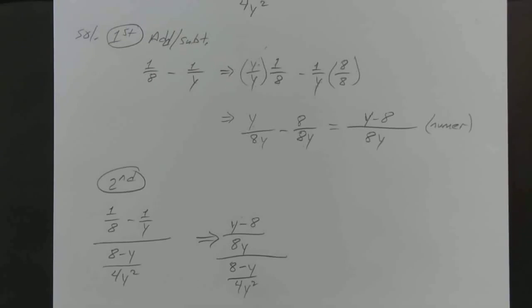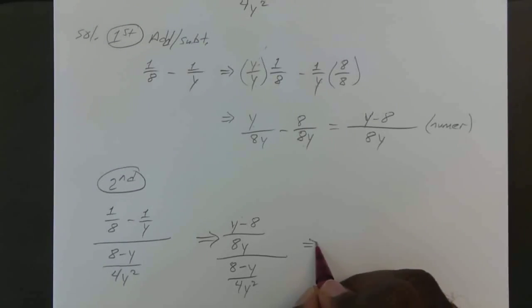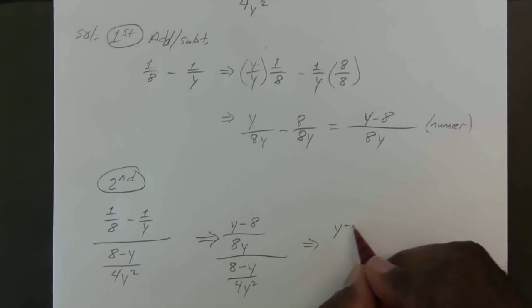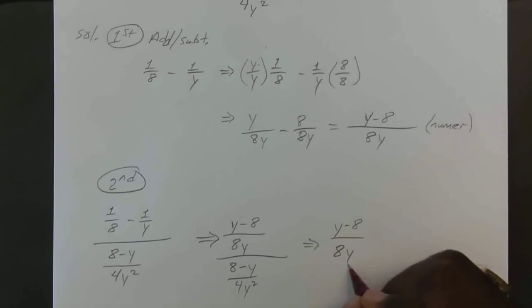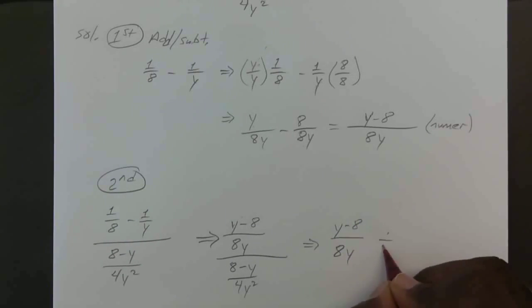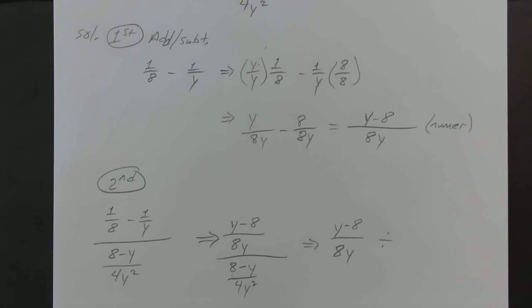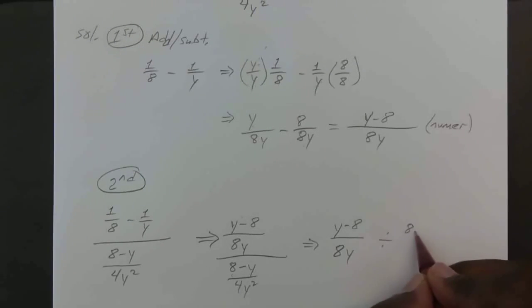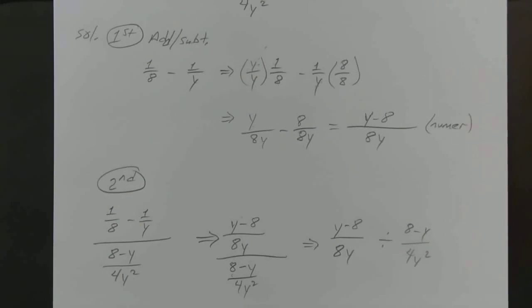And you can just rewrite it from there. So that becomes y minus 8 over 8y divided by 8 minus y over 4y squared. I will not beat the clock. It's going to shut off at